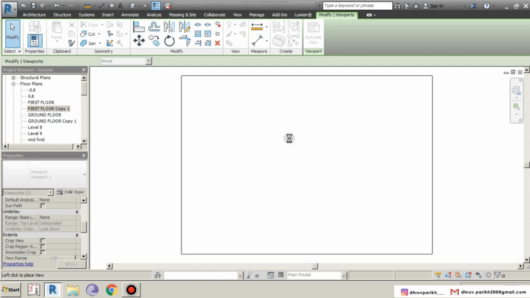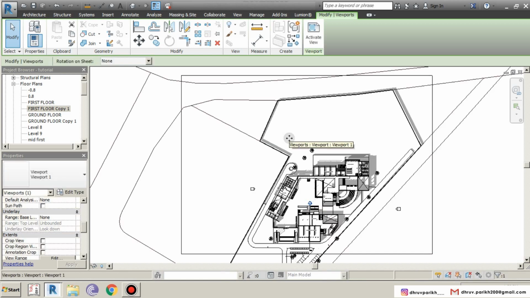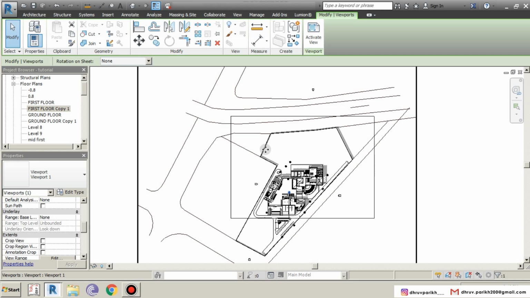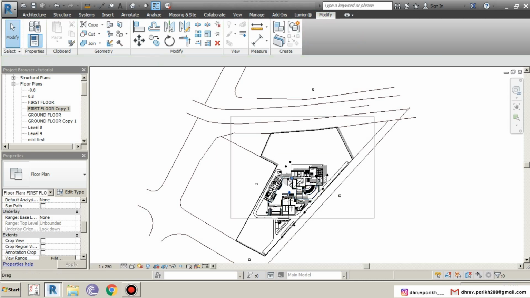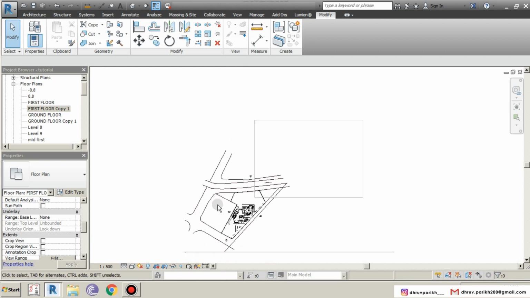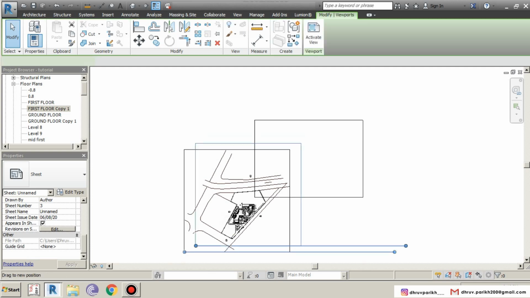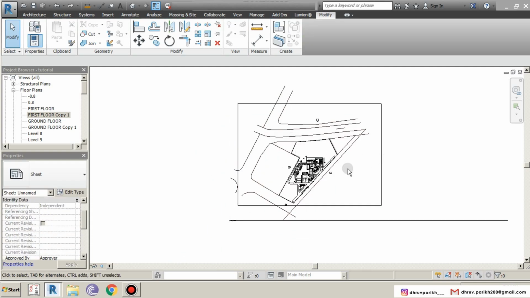and click. As you all can see, the scale of the structure is so small that it has gone outside the boundaries of the sheet. Now if you want to edit anything, double click on the view, so it will activate the edit mode. Now you can change or edit anything you want. So I'll change this scale from here. Now it is 1:250. I'll change it to 1:500. Now I'm done editing. Now double click outside the view so it gets locked. Now you can drag it and move wherever you want in the sheet.